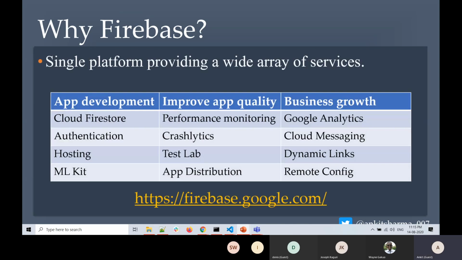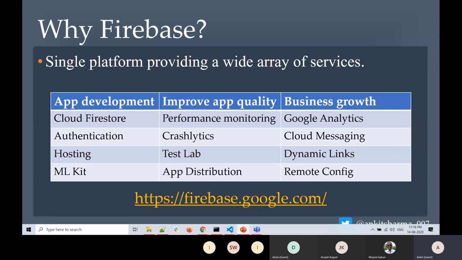Firebase provides you over 18 services, and these services are categorized into three categories: app development, improving app quality, and business growth. Here you can see I have listed a few of the prominent services, and if you want to check all 18 services and read more about them, you can go to firebase.google.com, where you can find the list of all the 18 services provided by Firebase.